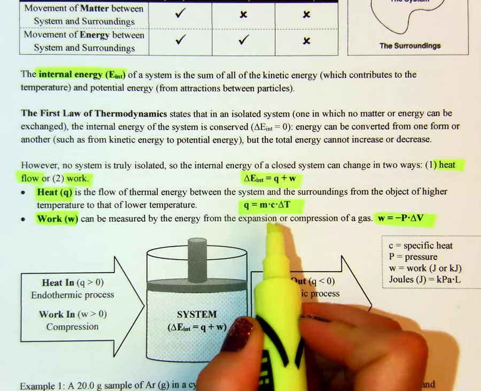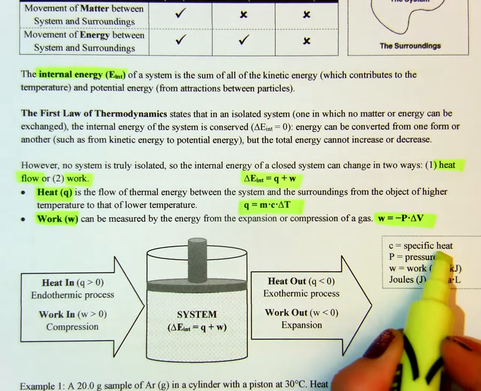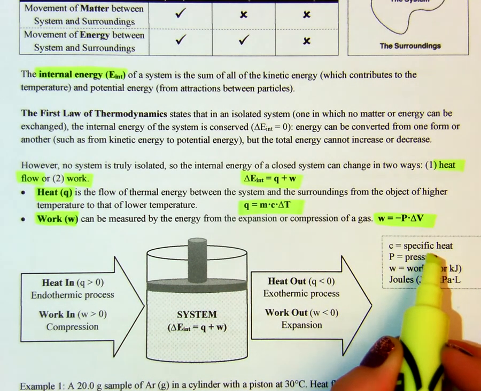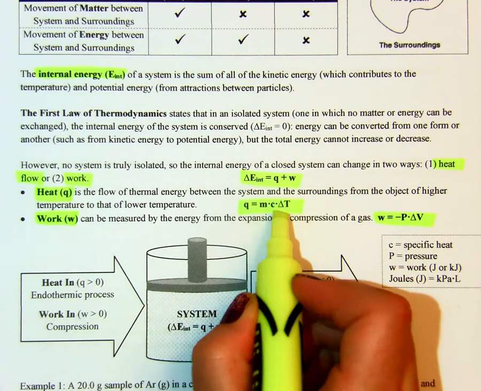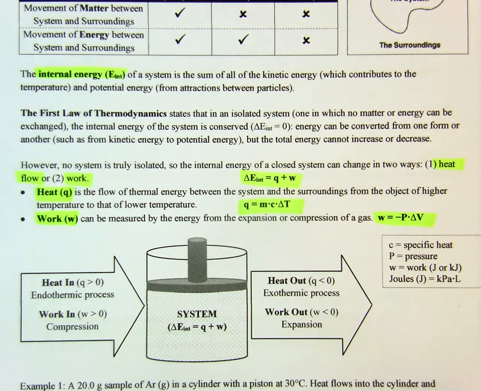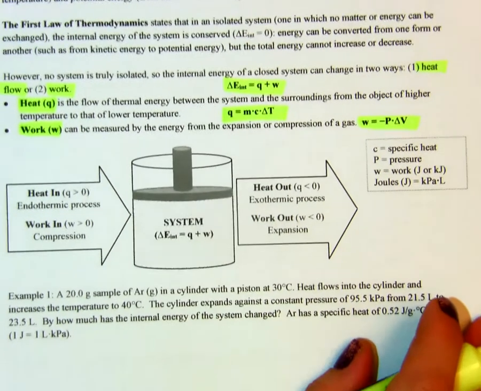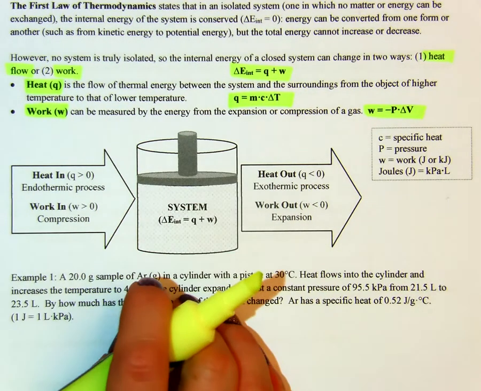So where Q is the heat, M is your mass, C is defined as your specific heat capacity, and that's going to be different for every substance. That is a constant. And delta T, the change in temperature, which is final temperature minus your initial temperature. So putting this all together and looking at this in terms of a system that we can understand, we're